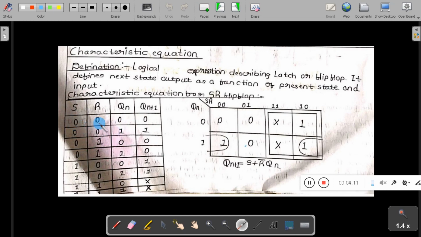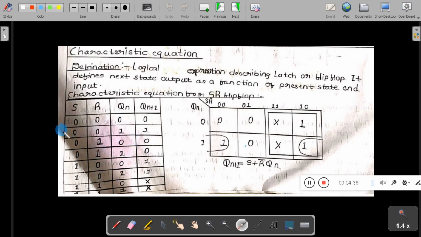When S and R are 0 and the present state value is 0, what is the next state value? When S and R are 0 and the present state value is 1, what is the next state? Similarly, when S and R are 0 and 1, for present state 0, what is the value? For present state 1, what is the next state value? So here I am going to explain this one.